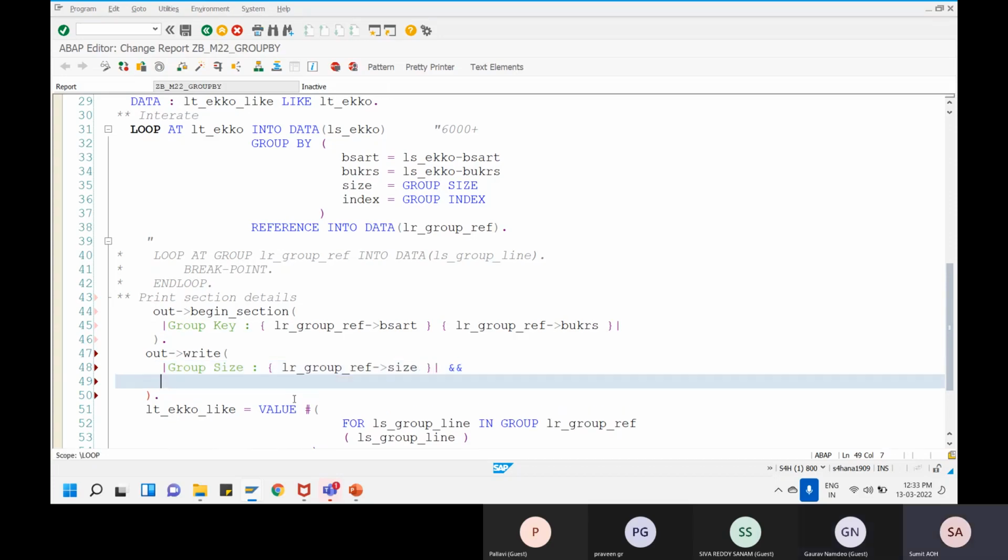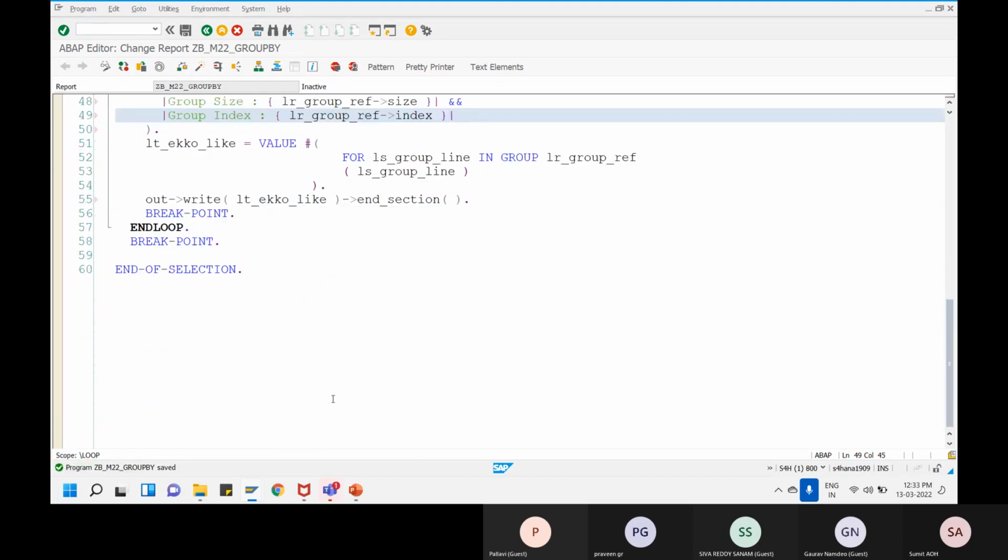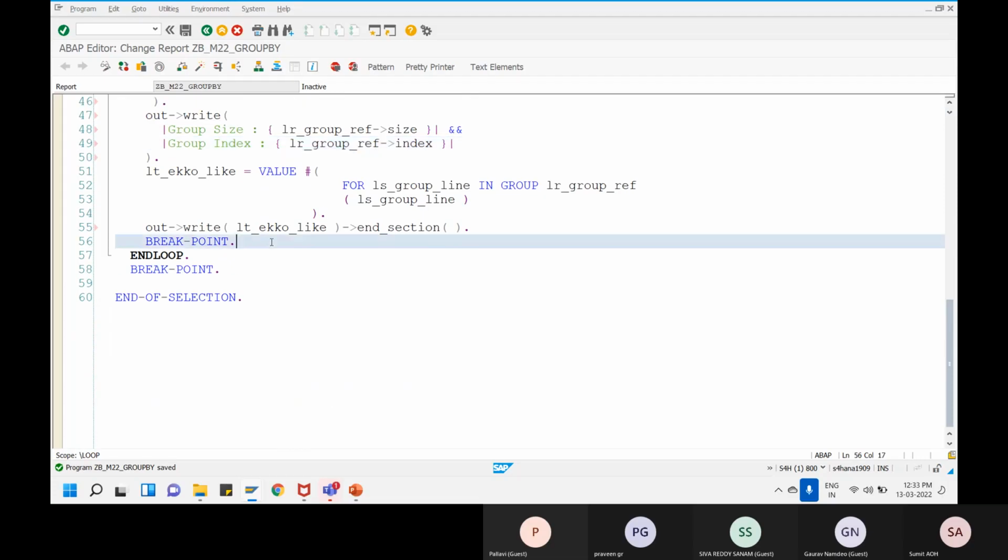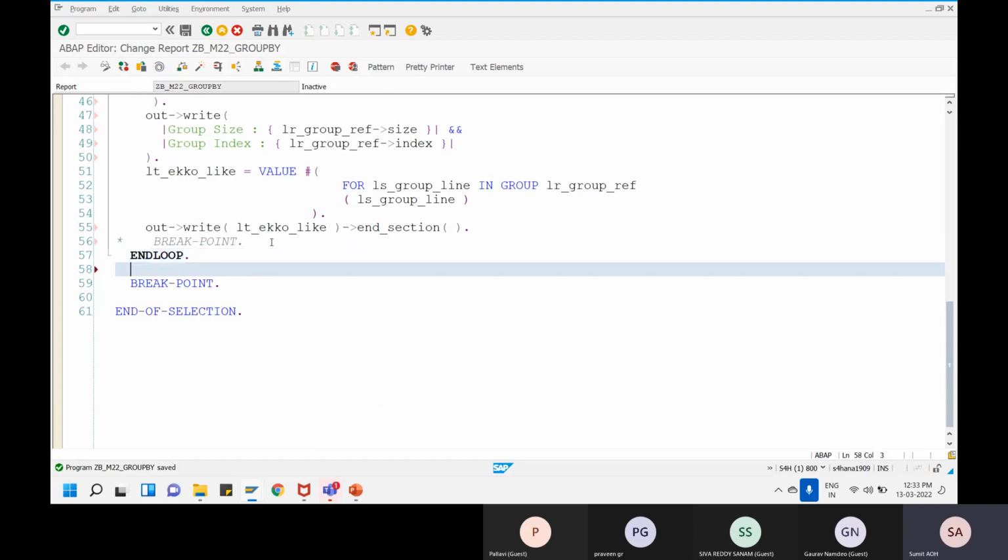And we want one more set of information. We'll just say group index. What is the index of the group? Let's just try to display. So for displaying, again, we do have a